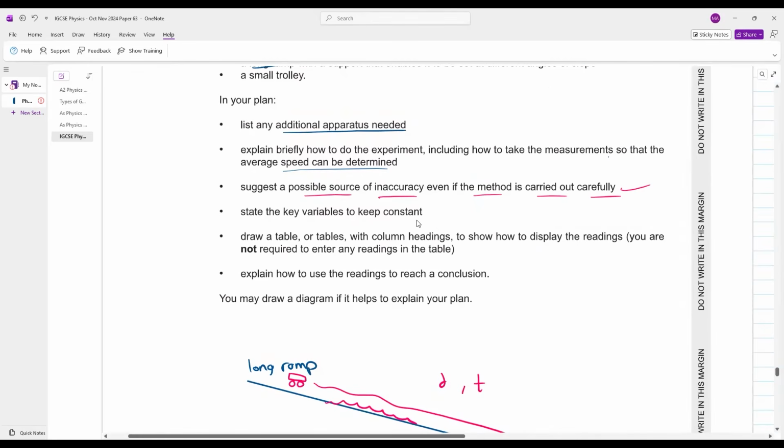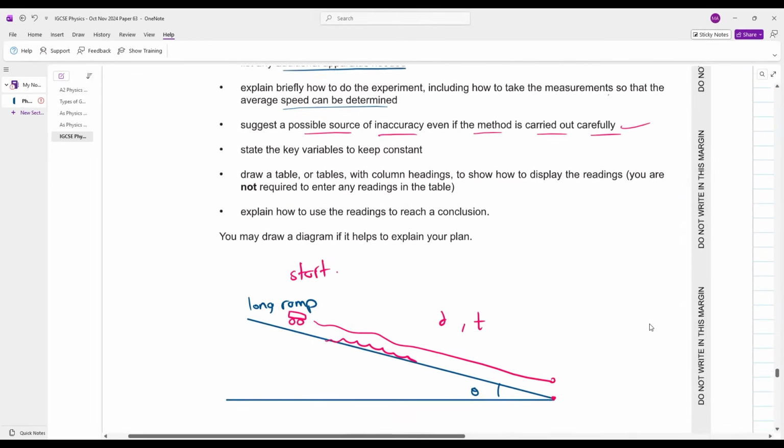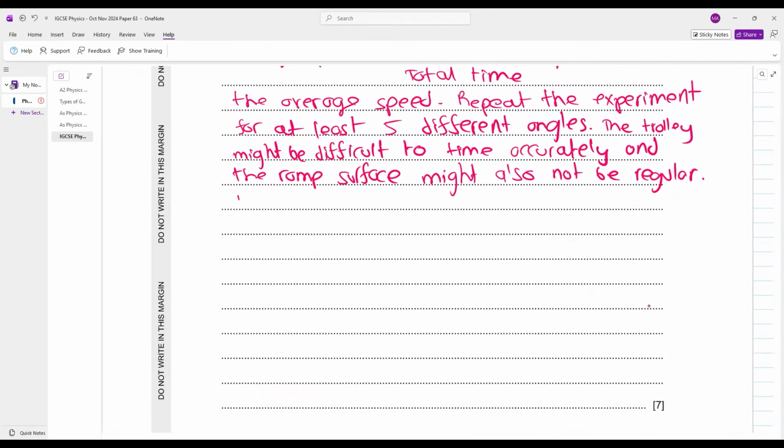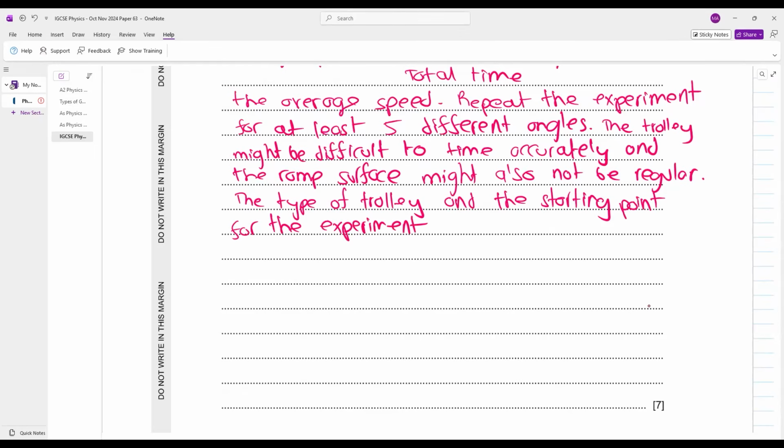ओके, व्हाट एल्स डू वी हैव टू टेल? की वेरिएबल्स टू कीप कांस्टेंट, क्या क्या चीज़ें कांस्टेंट रखनी हैं? द टाइप ऑफ ट्रॉली शुड रिमेन कांस्टेंट, ठीक है। द पॉइंट फ्रॉम वेयर यू रिलीज द ट्रॉली, द स्टार्टिंग पॉइंट शुड रिमेन सेम। तो ये सारी चीज़ें लिख दो। The type of trolley and the starting point for the experiment should remain same throughout।